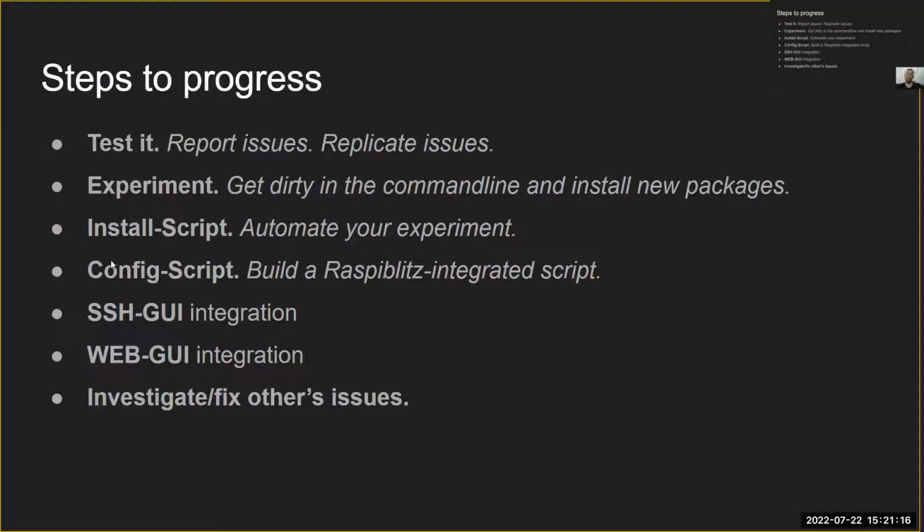On top of that, if you want to progress, the next step would be to create some kind of configuration script. And all of these steps, I will expand on them later on. I will just try to go through them right now, so you guys understand the progression, but later on I will go through the details of every one of these steps. So the configuration script is the template script that can be built from the template on Raspiblitz, and most of these apps that I showed you earlier,